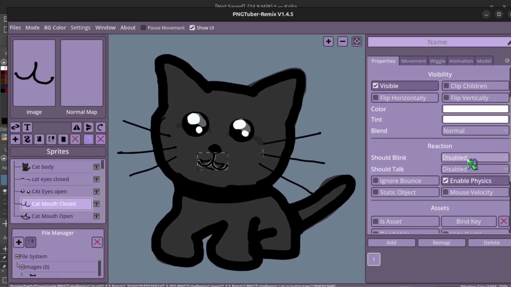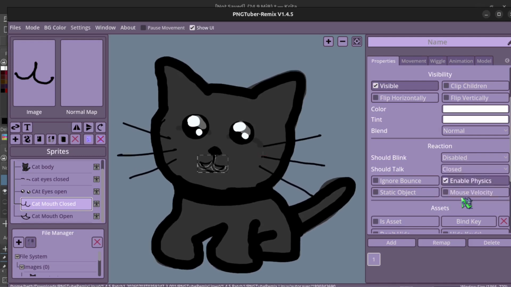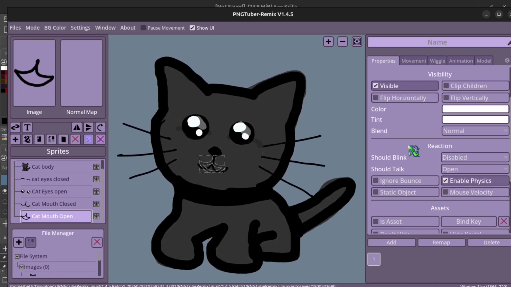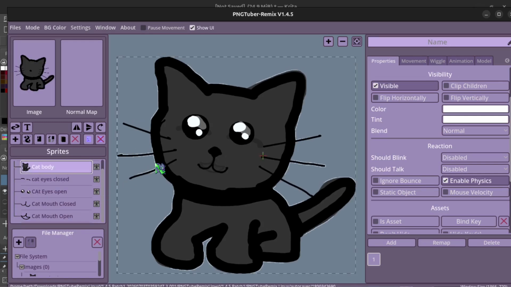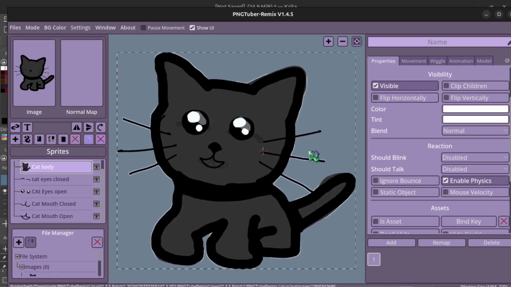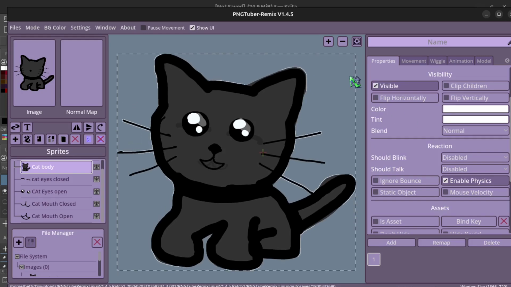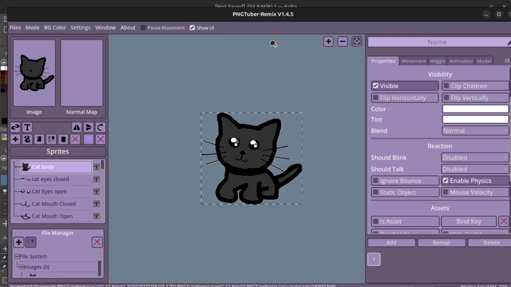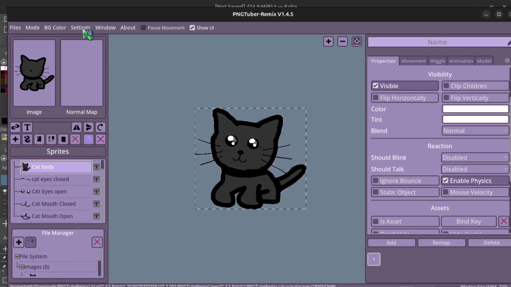Then for its mouth, should talk, closed mouth. And this is just open. And now this should be working. As you can see now, it's kind of working here. But we can change more things as well. And of course, you'd have it a little bit smaller on a stream. If you go to settings,